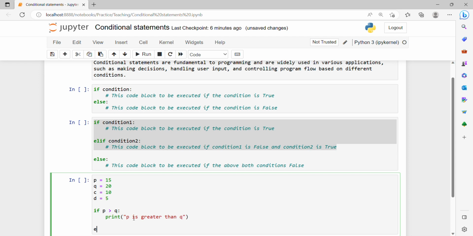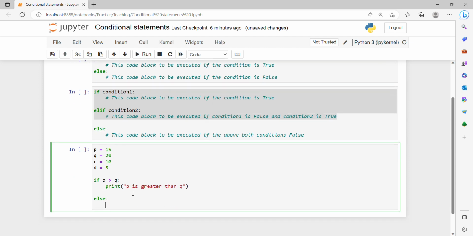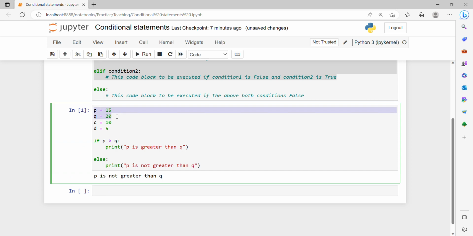We'll directly go towards the else condition. In the next cell we will see how elif works. Else print P is not greater than Q. Hit run. So see here, we can visibly also say that P is not greater than Q,